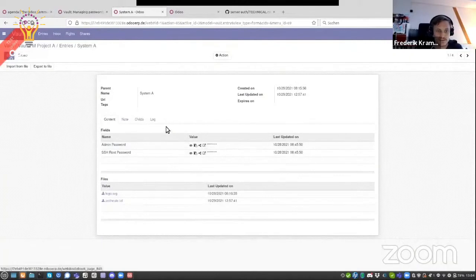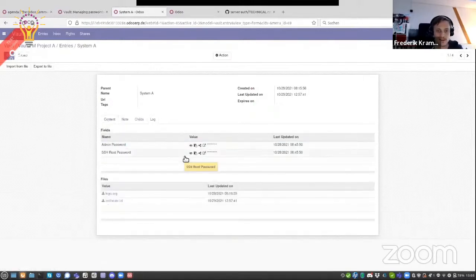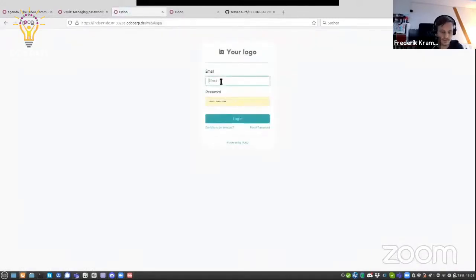What else you can see here in the logs is that I've created a value and uploaded a file, and the other actions that took place inside this vault. Now I have said that, apart from sharing the passwords externally, I could also share them internally. I think I did that already, so that's why I'm now going into the back end of the other user,